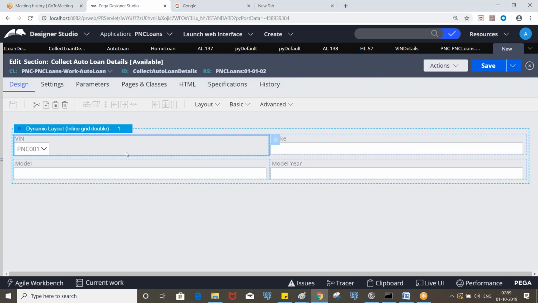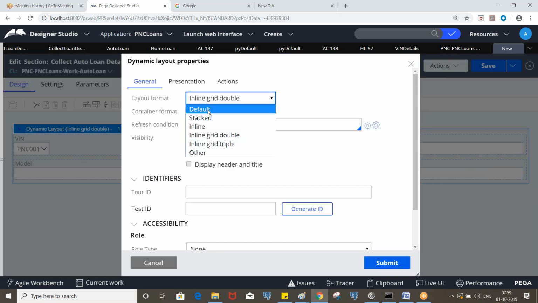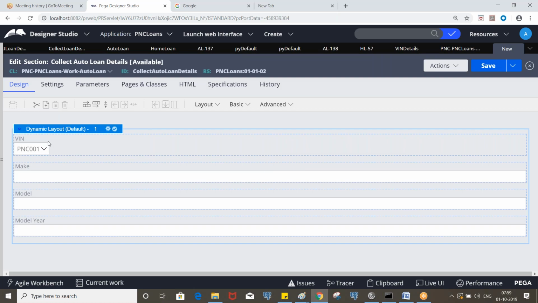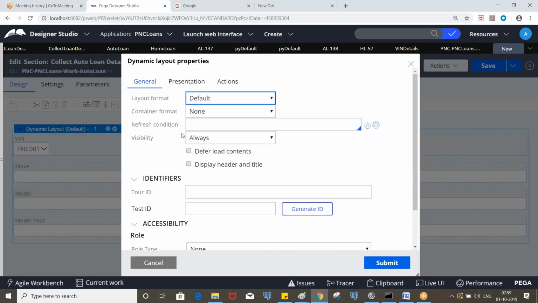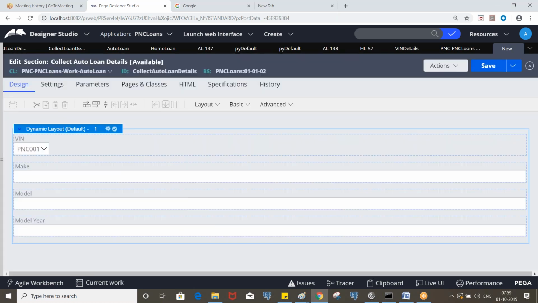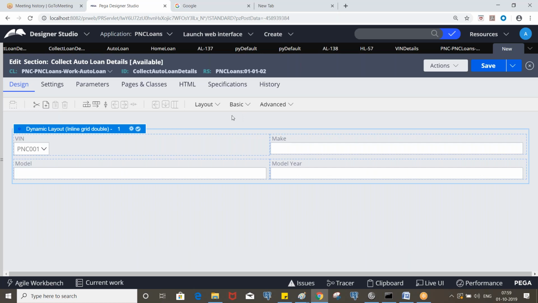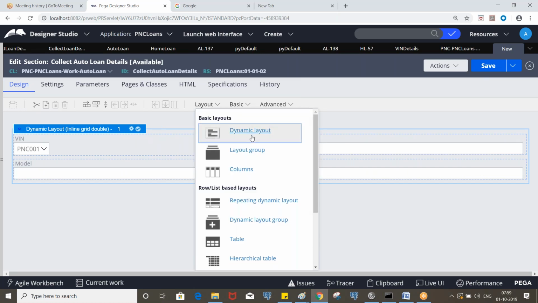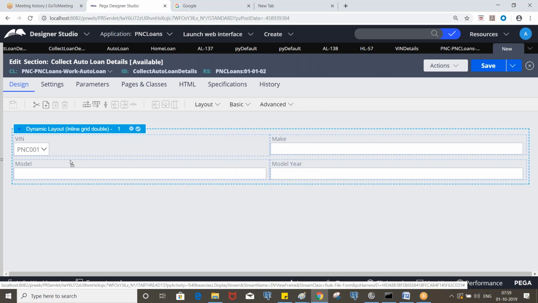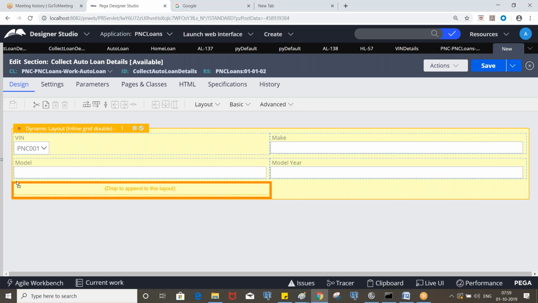So now, see, I want the properties to be displayed one by one, not like this. We can make it default, but again it is taking the whole space. I want half of this screen. So what we can do is make it inline grid double, use one more layout. Double means in a single row, two different elements, either layouts or controls.